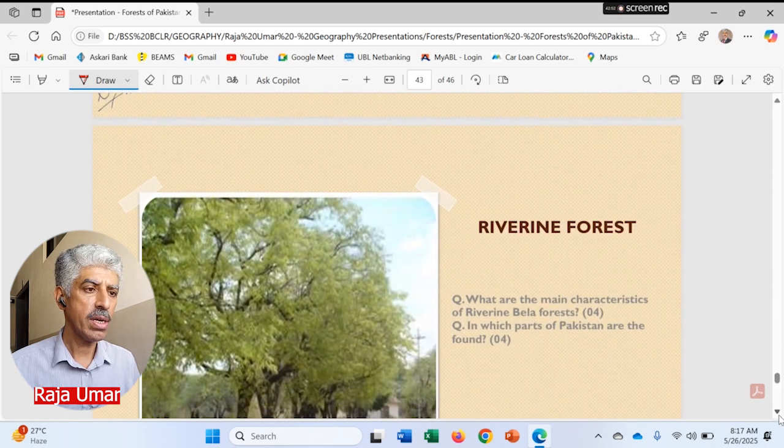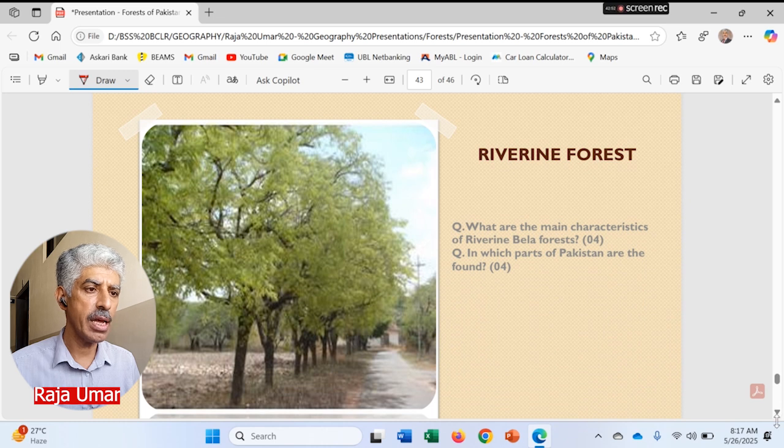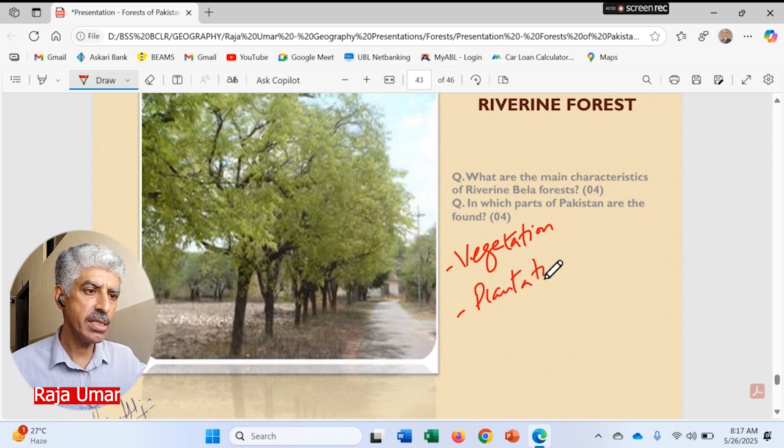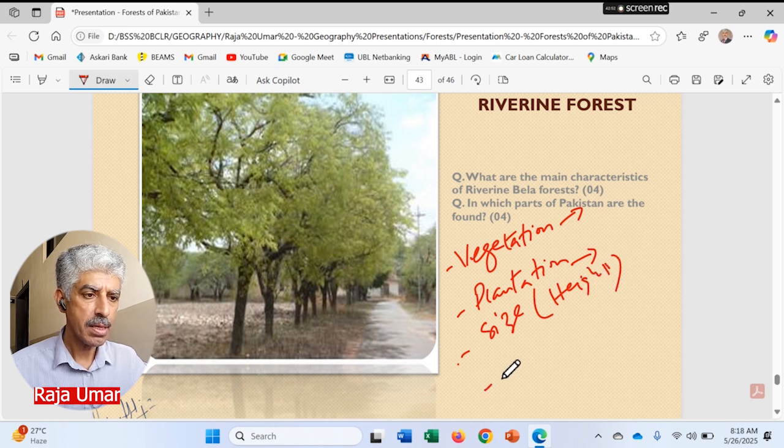Riverine forest. What are the main characteristics of riverine or bela forest? In which part of Pakistan are they found? Riverine forests are grown alongside the rivers, and there is one very important question we have seen in the past: what is the difference between vegetation and plantation? So vegetation is naturally grown, plantation is human grown. Vegetation is of different species, plantation is of same species, same size of the plant, I mean height, and same distance